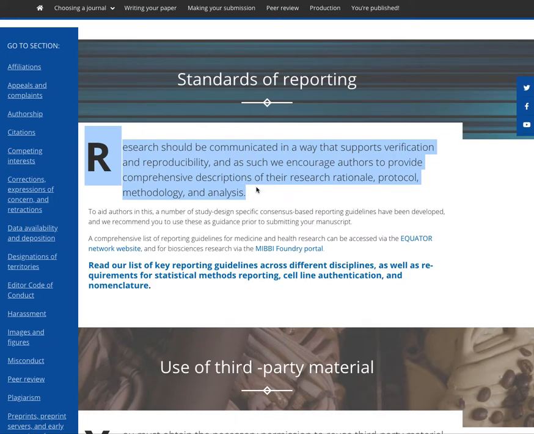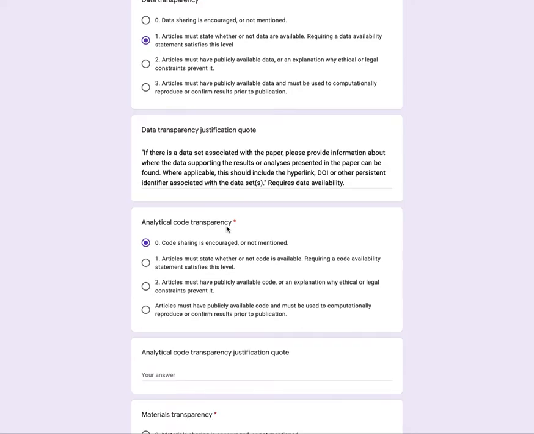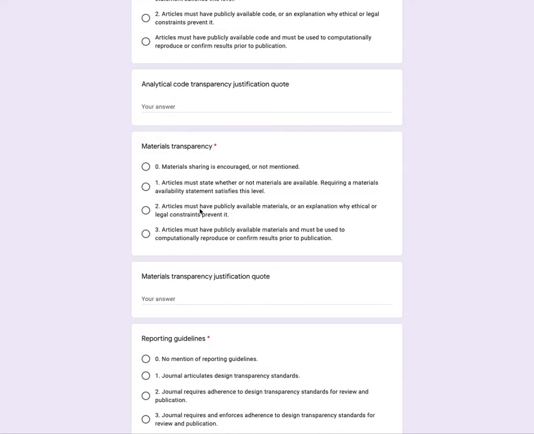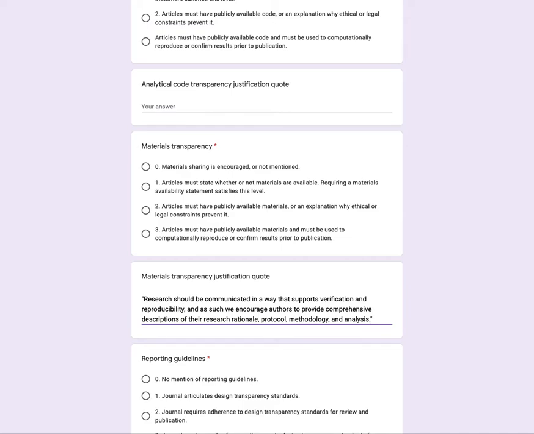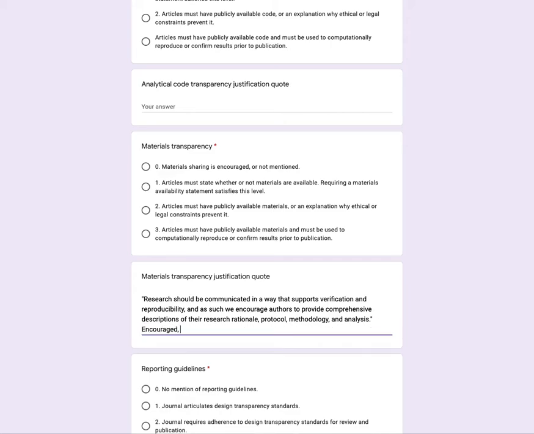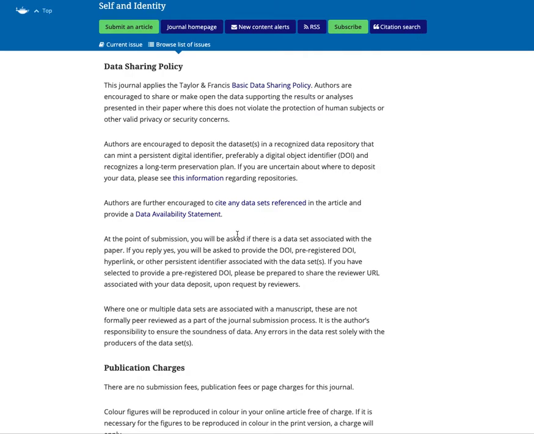So, but it will at least get a material. I'll put this text in the materials transparency just so that we can note what was reported that's relevant to methodology and materials. And I'll just add a note, encouraged, not required. And because it's only encouraged, that still gets a score of 0. It's nice they mentioned it, but that's not going to impact researcher behavior very much. But there's also something there